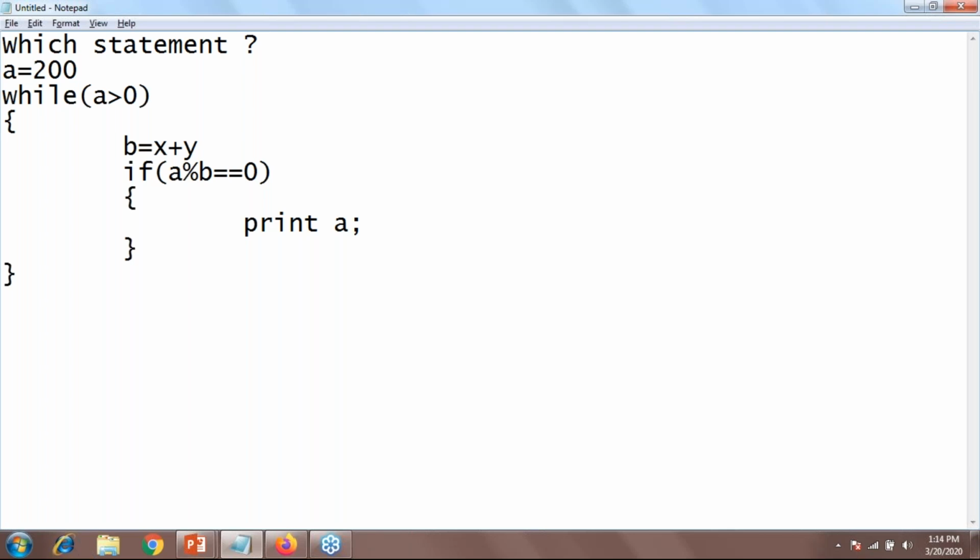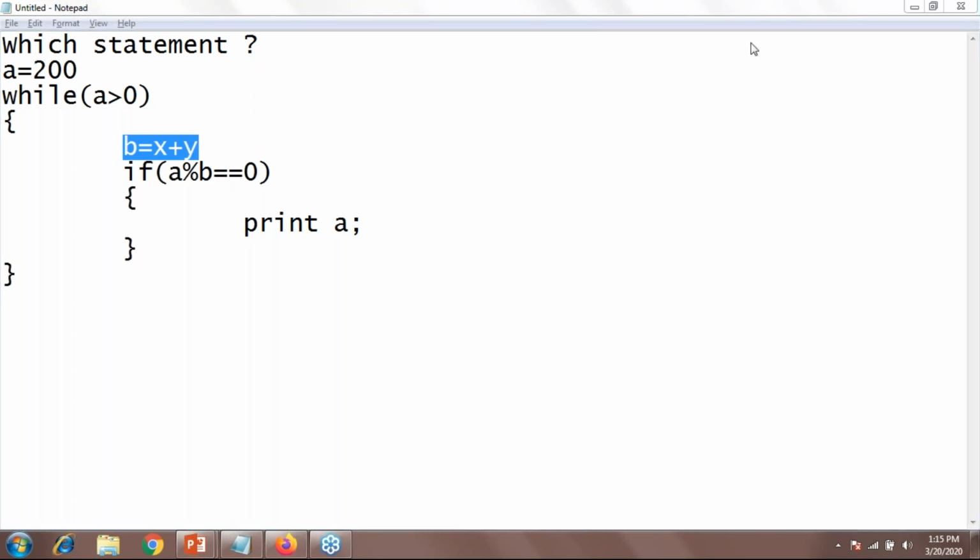Okay, a small hint: I'll use the a variable in my while loop. So if I use the a variable in my loop, then I can, okay, very good. Nildeep Rathod, b equals x plus y, very good. Haley, b equals x plus y, very good. Krishnaraj Singh, b equals x plus y, very good. Okay, very good students. That is the correct answer.